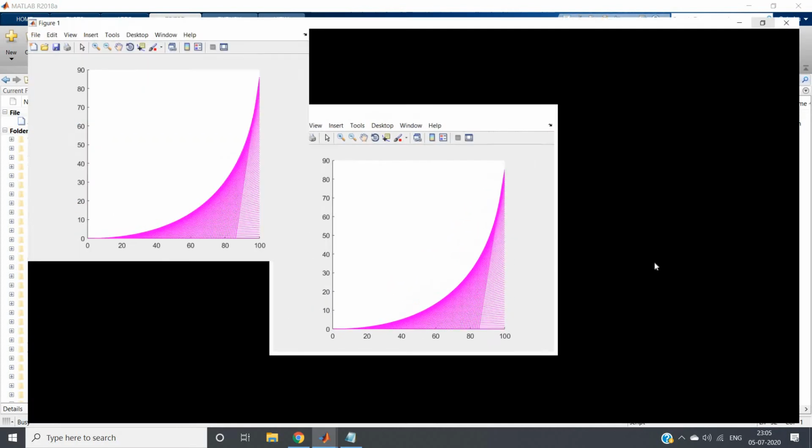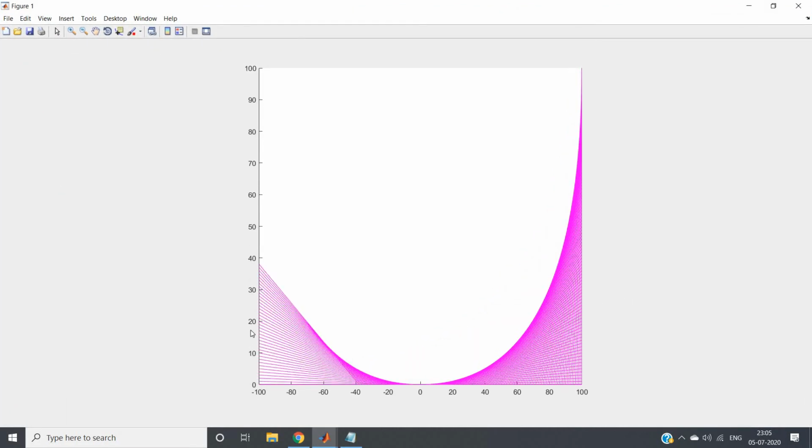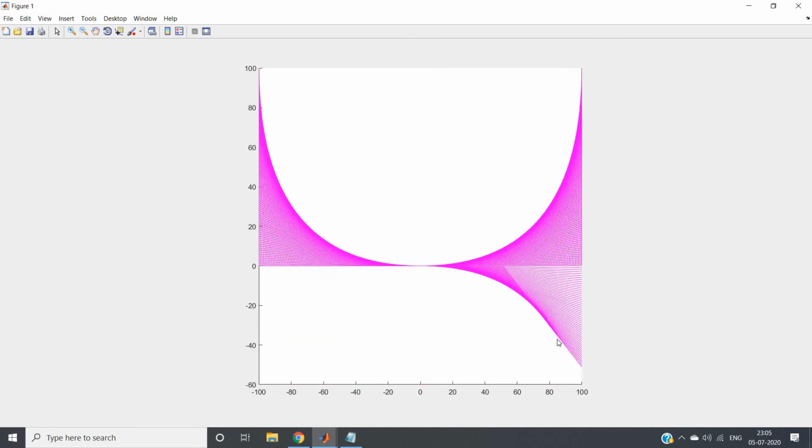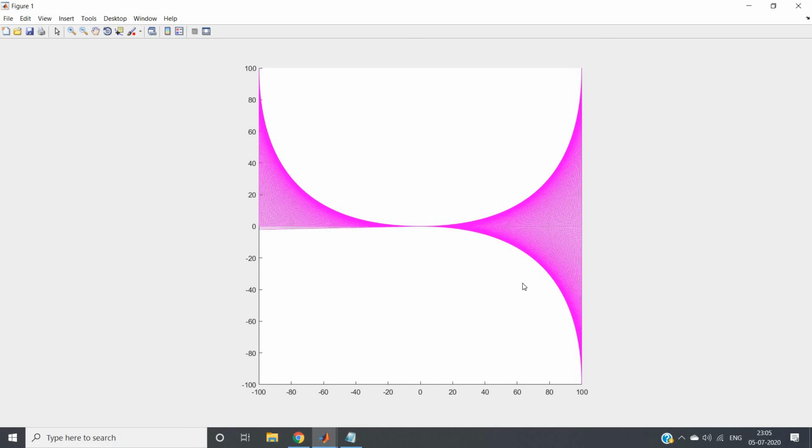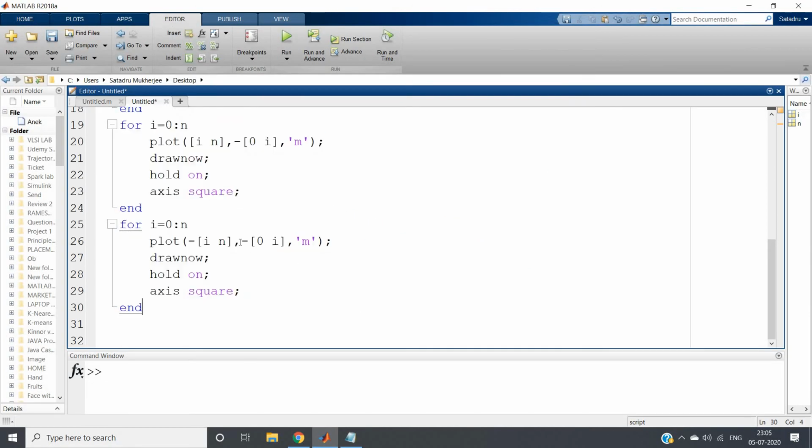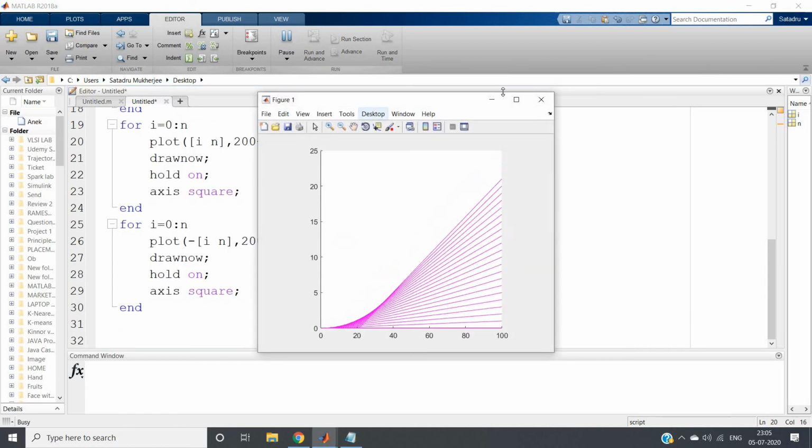So this is our right-hand side, this is the bottom-left part, and now, oh no, we are not getting the correct result, because our expectation is that this should appear on top of 100. So we need to shift this lower part upward. From minus 100 to 100 we need to go, so we will scale by 200. We will add 200 to the y coordinate for the last two for loops. That's all. Now let's hope our code works.